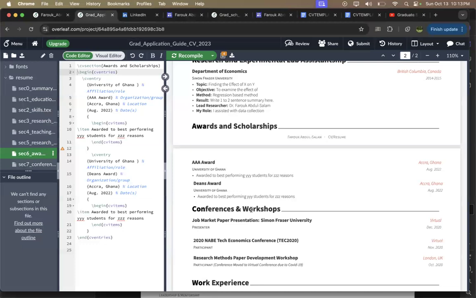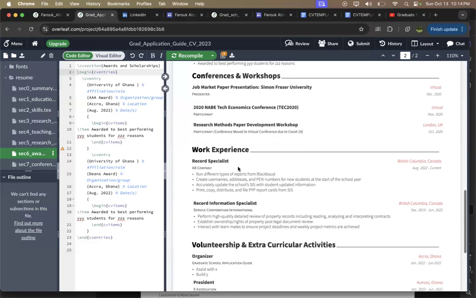Sometimes you come across a CV that's supposed to be academic, but you see that the emphasis is more on their work experience, which is not it. So just be a bit more strategic as to how you position your academic CV and where to put what section, right? So again, please keep an eye on how we structured it. So this comes here in terms of your work experience.